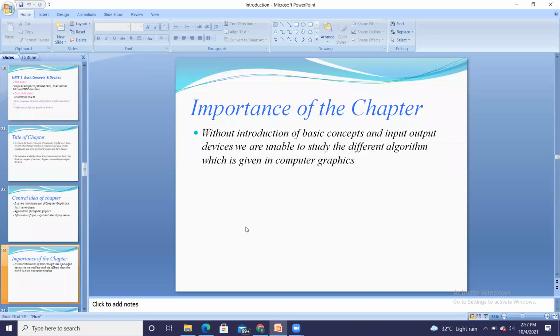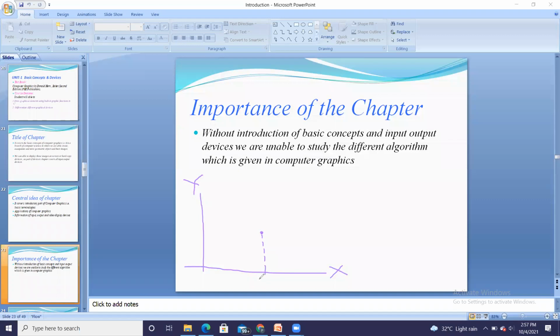Suppose I want to draw this particular point. If I am drawing this point with respect to the axes, this is your X axis and this is your Y axis, it has a certain value.